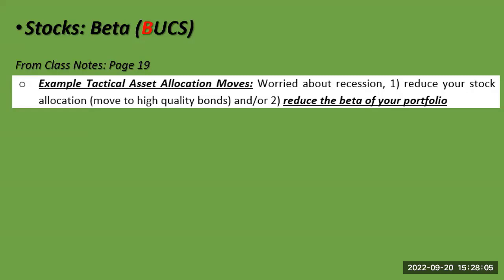The beta of your portfolio is just the weighted average beta of all the stocks. So if you want to reduce the beta of your portfolio, you just sell high beta stocks and buy low beta stocks. It really is that simple. Very, very straightforward. The question is, do you know the beta of your portfolio? And we'll talk about that. You certainly can figure out the calculated beta of your portfolio, but the calculated beta of your portfolio is just the beta of your portfolio the last 3 years. But that may be different going forward.